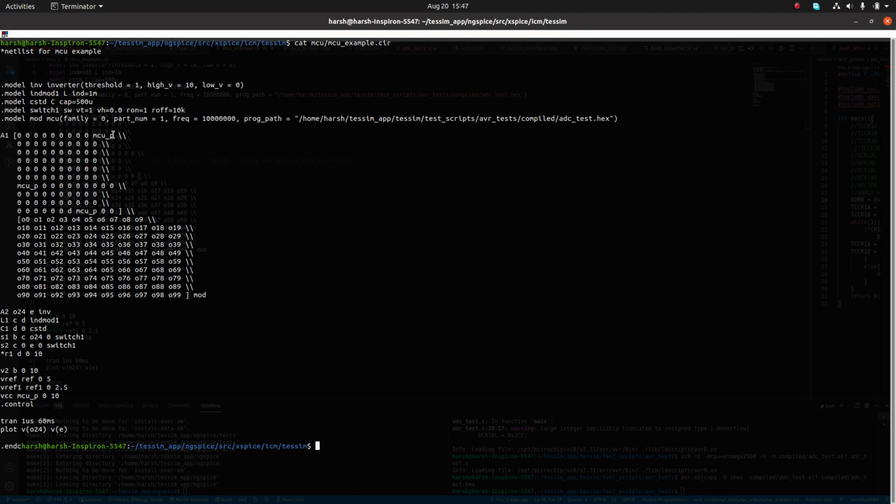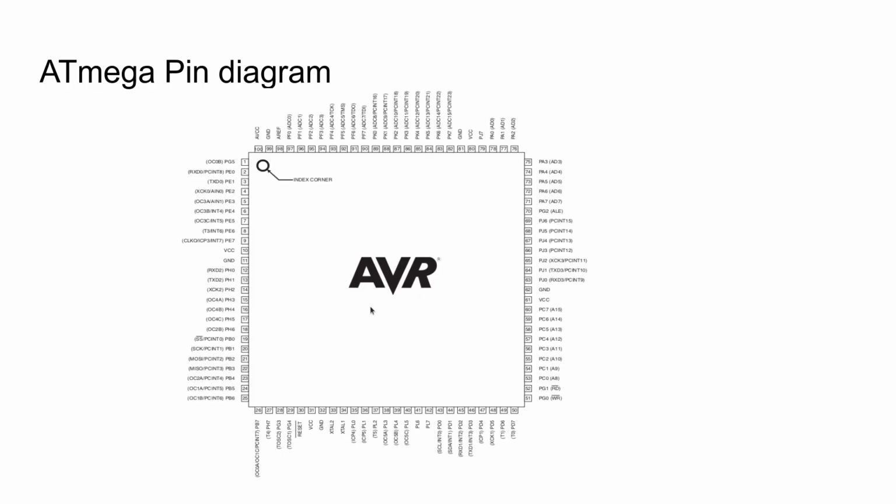This MCU P is the power pin. This is the power supply for the Atmega. Here it is connected to 10 volts, and this acts as the ADC reference and everything. And this is the Atmega IC's pin out. We are using OC1B as the output, right?